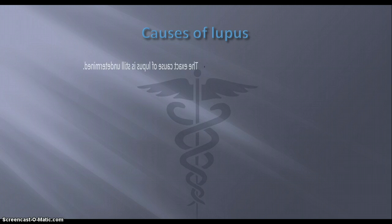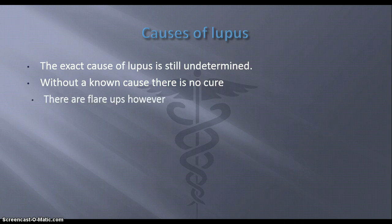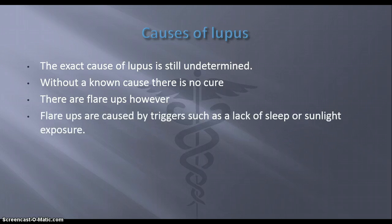Now, the cause. There is really no cause determined yet, but they're still working on it. There are research foundations for this. Now, without a known cause, though, there is no cure. But there are flare-ups that happen from certain triggers, and those flare-ups can be prevented and helped a